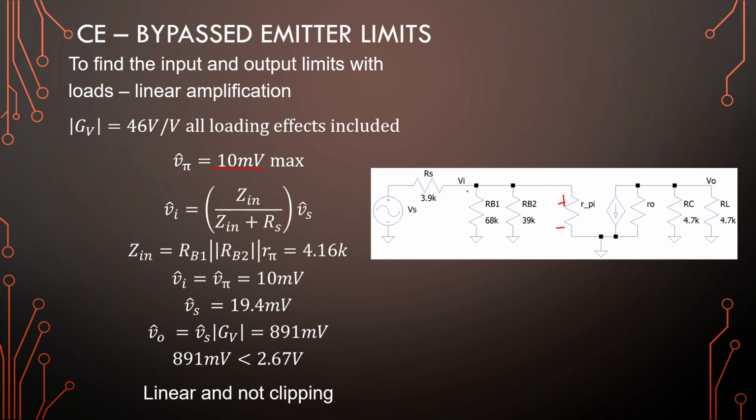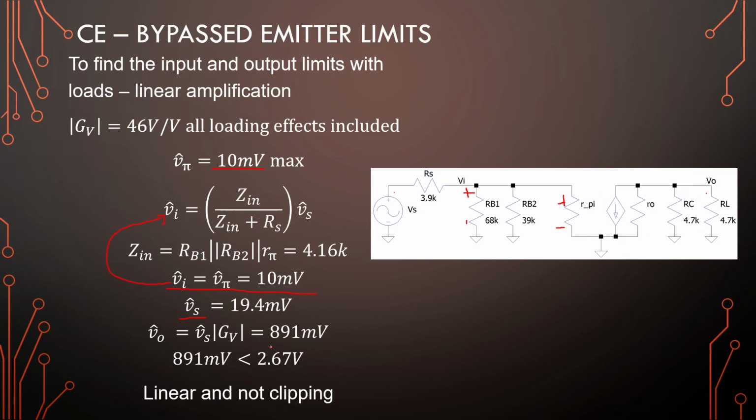Now lucky for us, V in is equal to V pi for the bypassed emitter. Okay, so V in just becomes V pi, and we plug it into this equation. We know our Zin and RS, and we can find our source voltage from here on, the peak source voltage, and that's 19.4 millivolts. And if we multiply this with GV, which is our total gain from the source to the load,